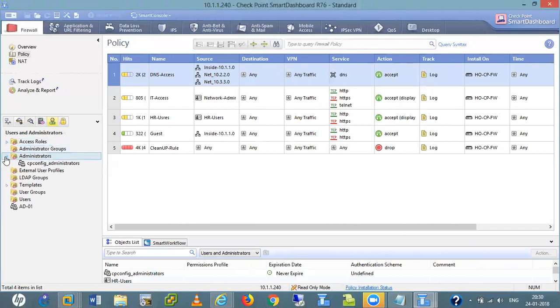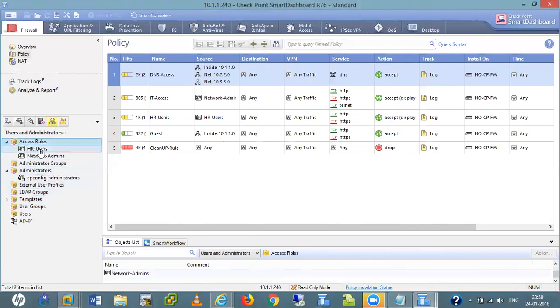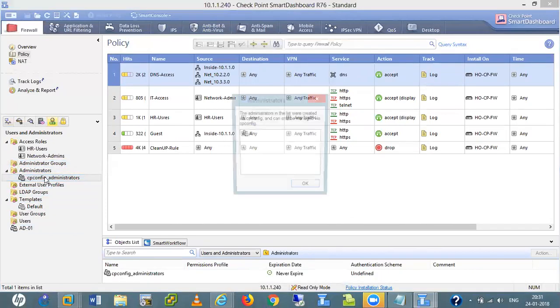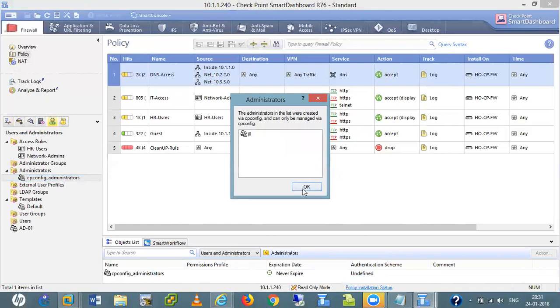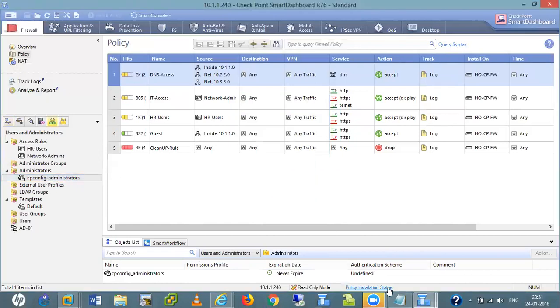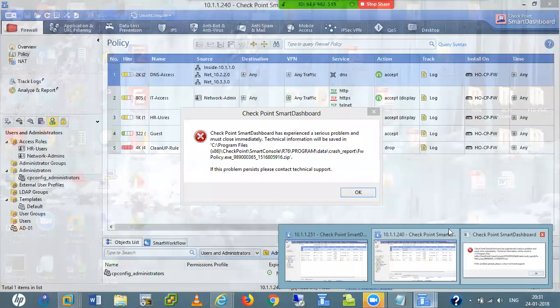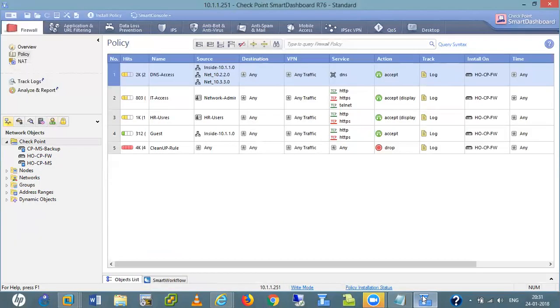See, administrators. HR is not in these ones. Templates. This is a local database. Checkpoint. See, this is my Jill here. So if I go to this one, this is my primary. If I go to my users tab, here Checkpoint administrator.